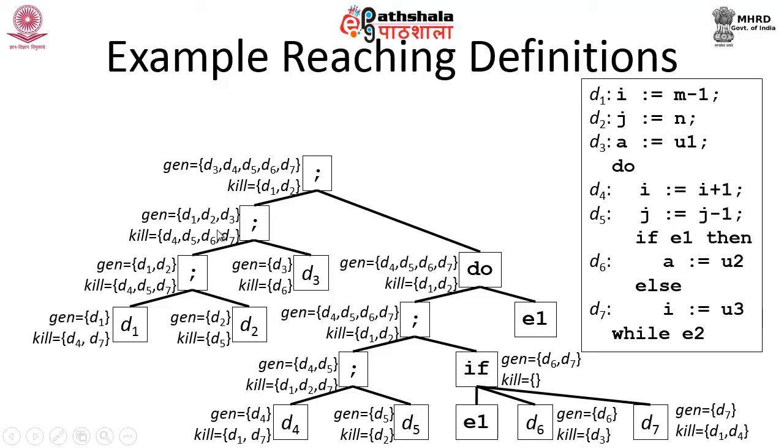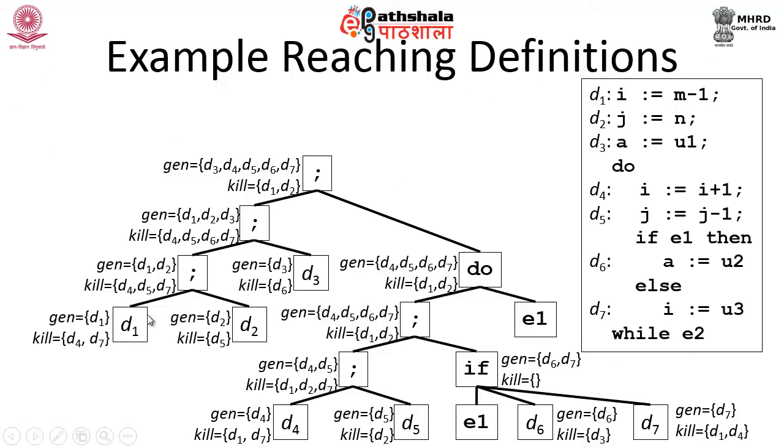So, my derivation tree is based upon the already known grammar construct, where you had statement 1 semicolon. If you count the semicolons, you will be in a position to understand this better. So, 1, 2, 3. I have 1, 2, 3, and after that I have a do. That is why it starts here. Within that I have 1, 2 semicolon. So, 1 and 2 correspond to these two statements. Then I have the third statement, which is nothing but an if else block.